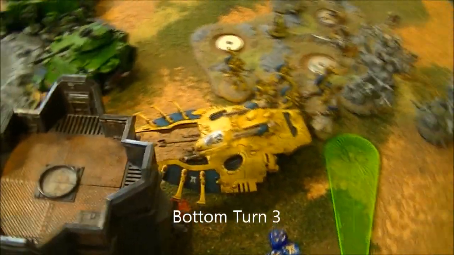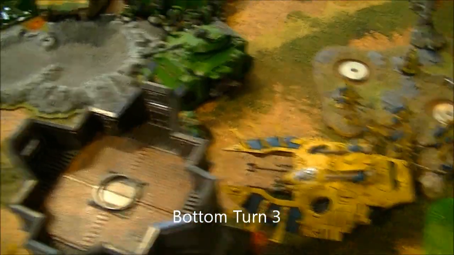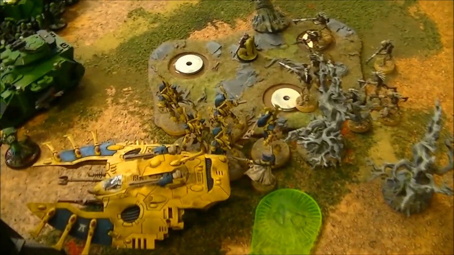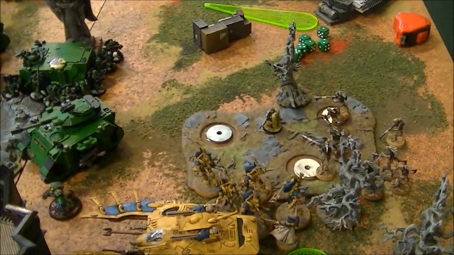All right, bottom of turn 3. The Wave Serpent over here jetted a little bit closer and unleashed everything it had again at the flyer. This time the math proved to work pretty well, and it shot down one of these Storm Talons. The Wraith Blades and the Farseer jumped out, gave a guide to the Kroot, and they took out the Thunderfire